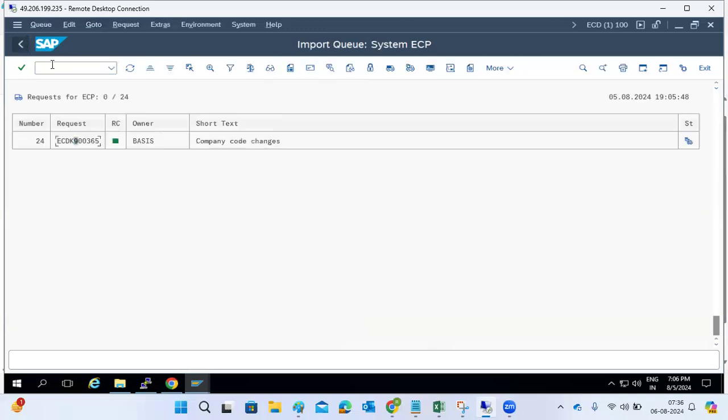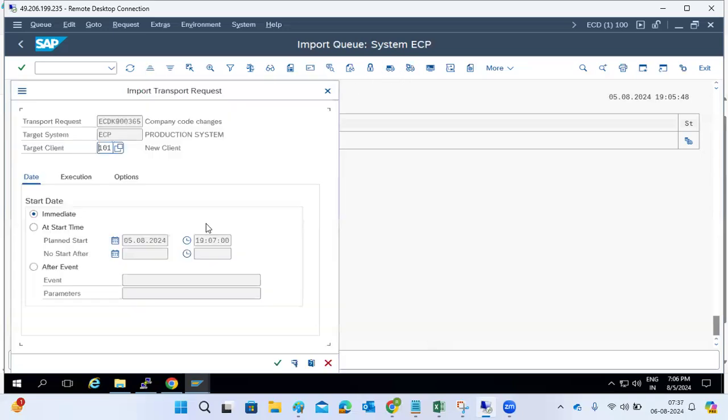So suppose import is not happening, TR import failure. So there are issues. There are common issues while importing the transport request, that I will explain. While importing the transport request here, we need to make sure what options you are choosing here,